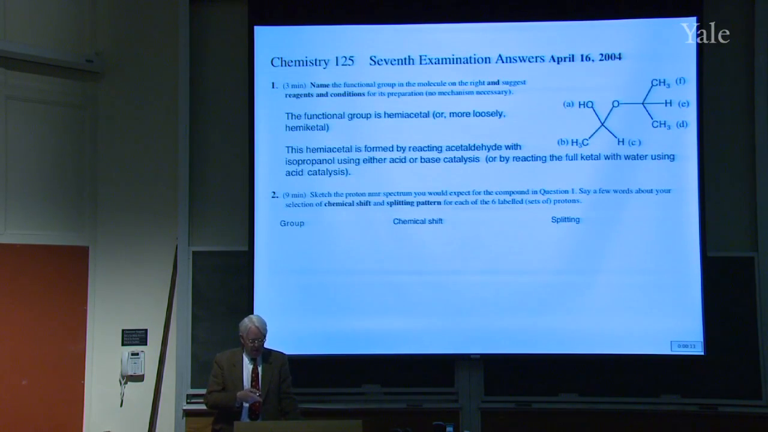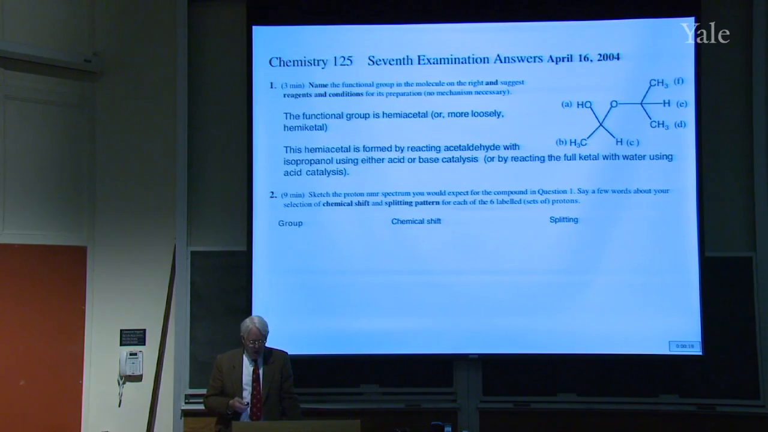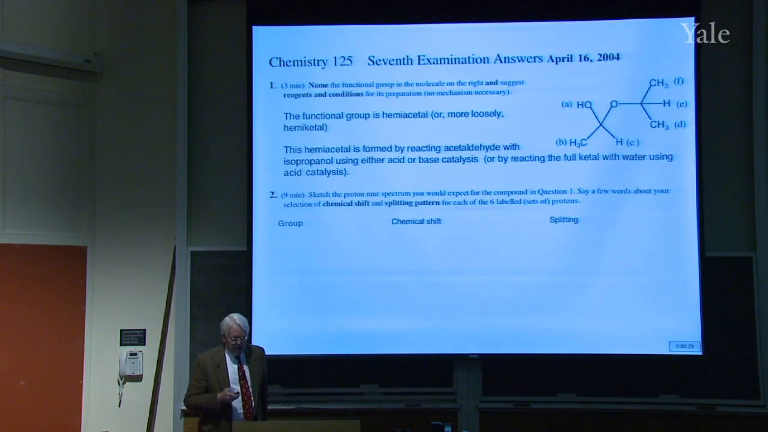The first part of the question 1 had to do with making this molecule. We've talked about making hemiacetals before. But the relevant part here is question 2, which was to sketch what you'd expect for the NMR spectrum of that compound. Okay? So let's look at the different groups, and you predict what we're going to get in terms